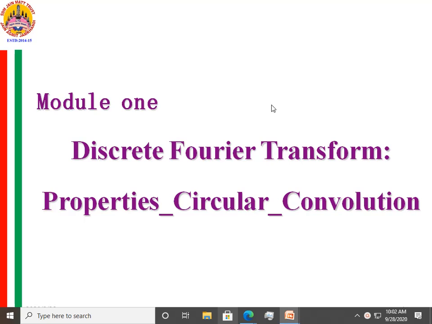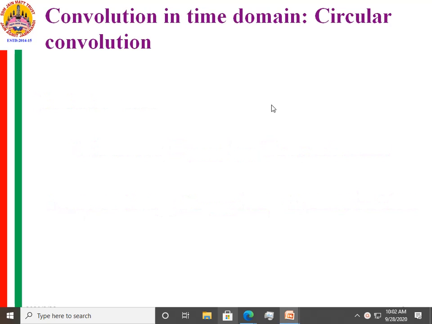So first, I will concentrate on convolving the two signals in time domain, that is circular convolution. Convolving in time domain, linear convolution has been studied in previous semester. So you have all gone through that. Now we shall concentrate on convolving the two sequences